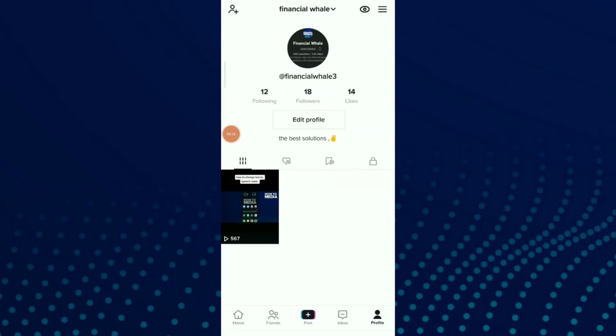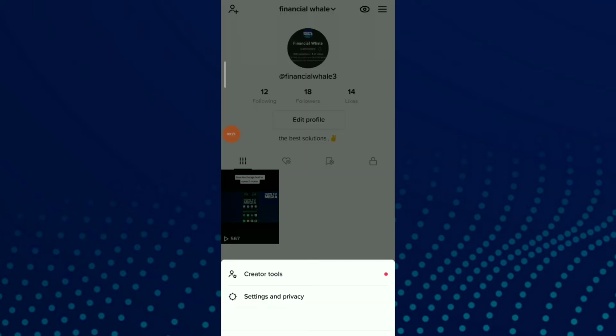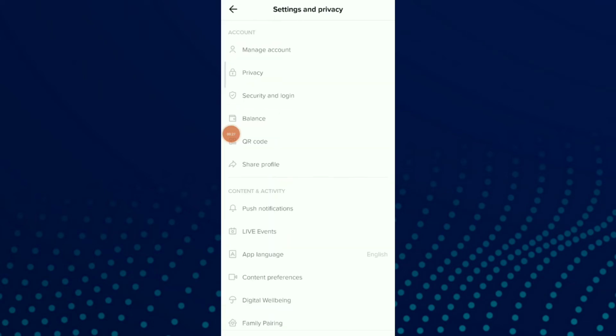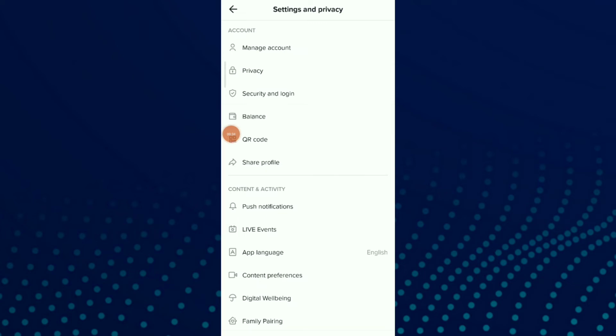Once you are in your profile, click on those three lines up there. And now you have settings and privacy, click on it. Now you have balance, which is the option number 4 up there, and you're going to find recharge coins balance. Click on it,